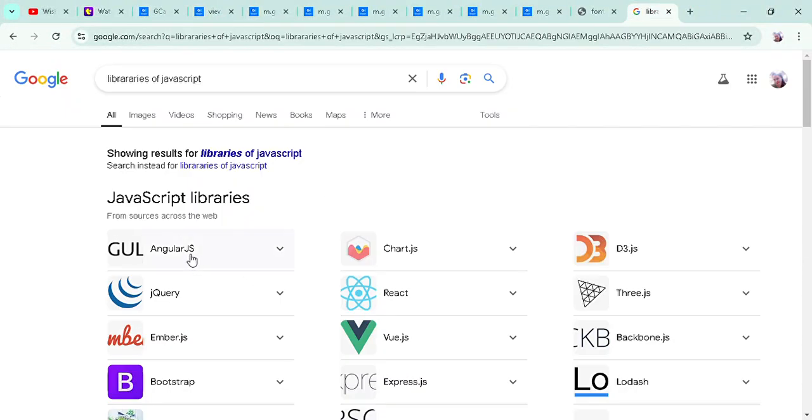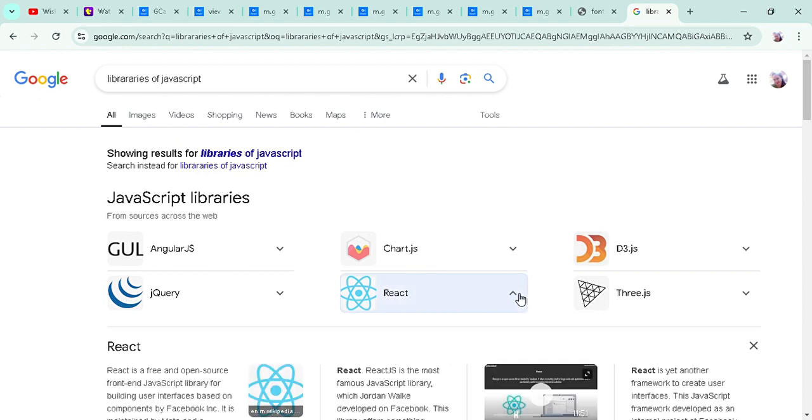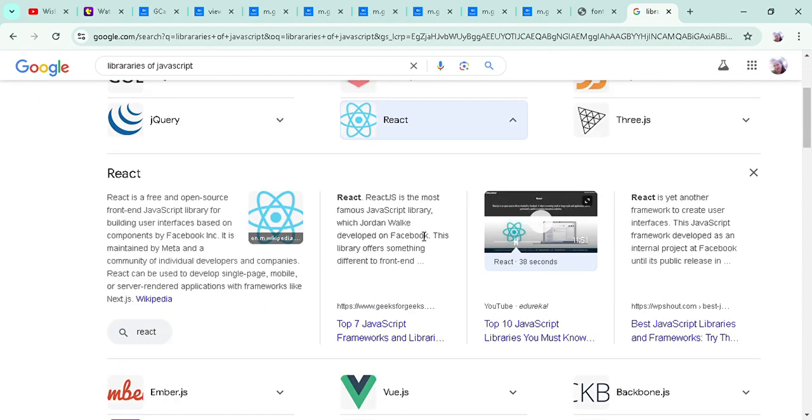So maybe they use Angular. So I think the most popular libraries used are AngularJS, jQuery, React. React is very nice because a lot of companies use this one.